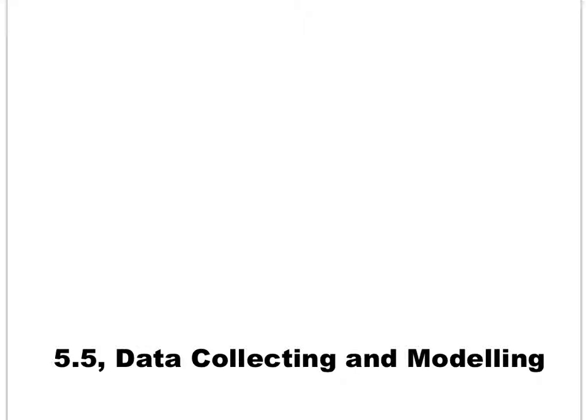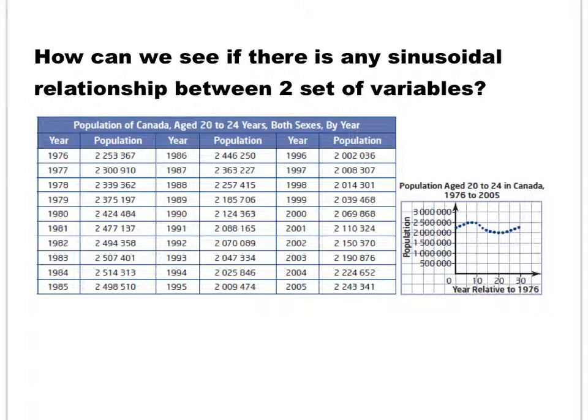In this lesson, we are going to talk about the application of sine and cosine functions. In this example, we have the population of Canada for people aged from 20 to 24 years old by the year. For instance, 1976, we have